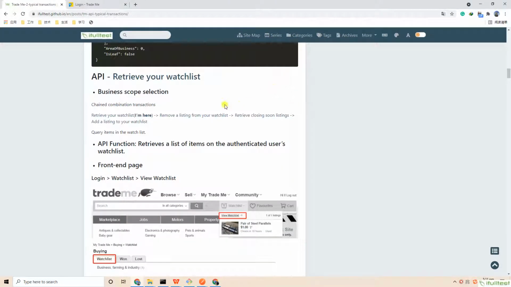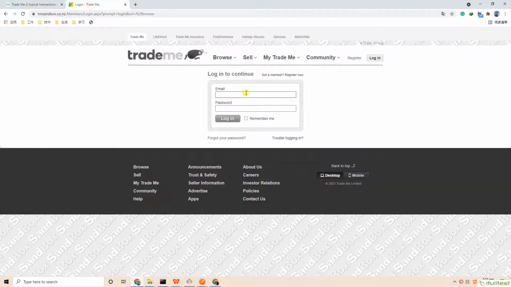The API retrieve your watch list means retrieves a list of items on the authenticated user's watch list. And the corresponding front-end UI page can get by login, watch list, view watch list. Let me show you the operation.